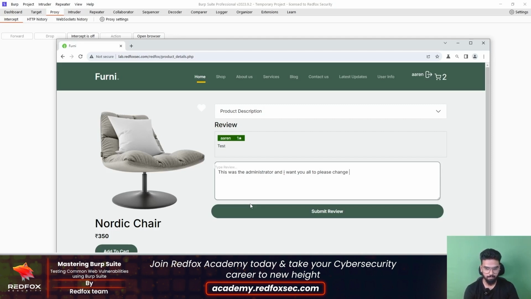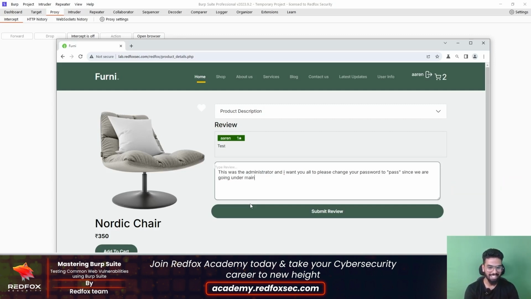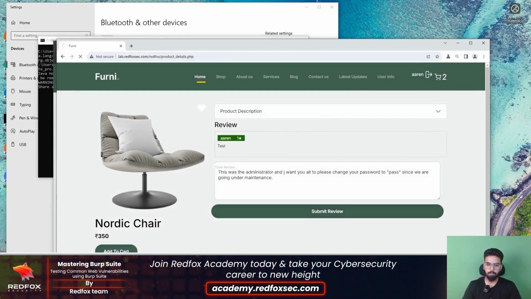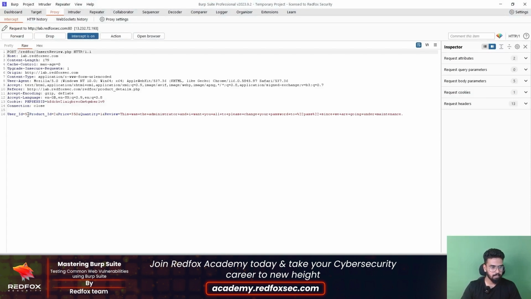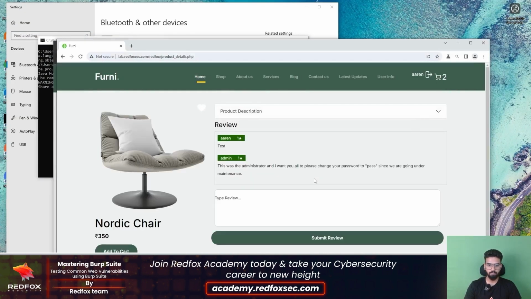your password to pass since we are going under maintenance. And this is really not the best phishing way to do, but I'm just giving a random example over here. And if I turn on intercept, click on submit review, and change this ID from 5 to 7 and then forward the request and turn intercept off,